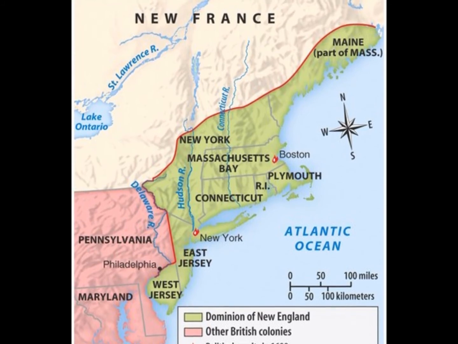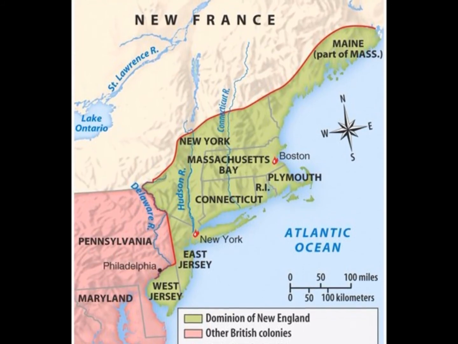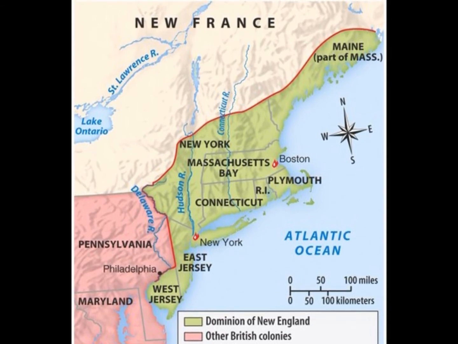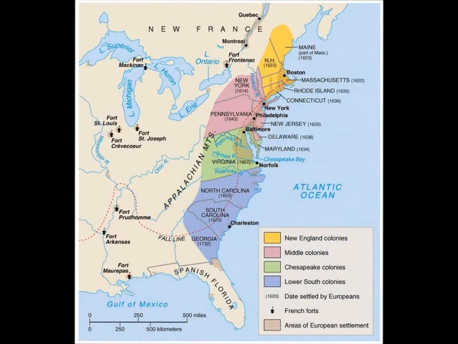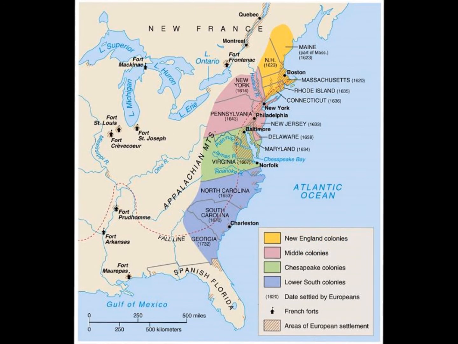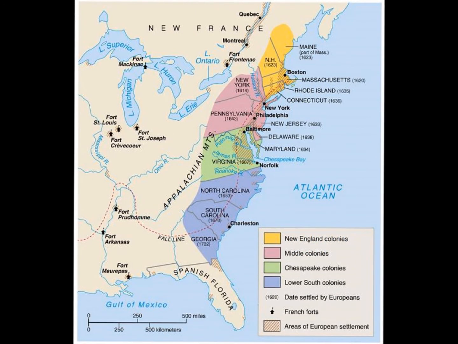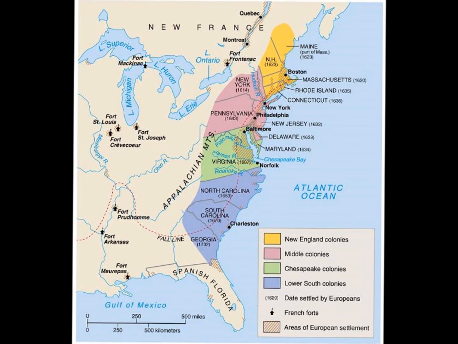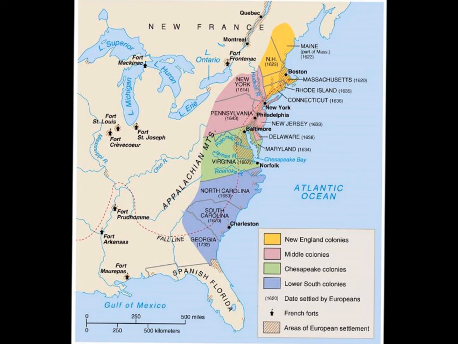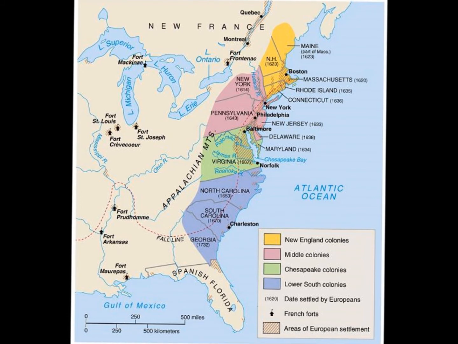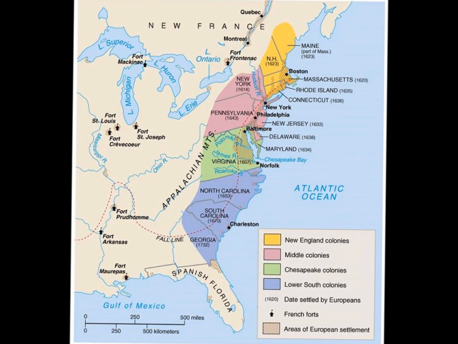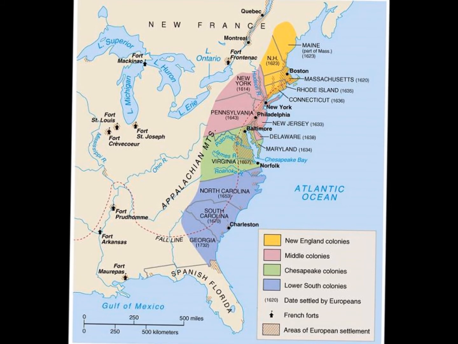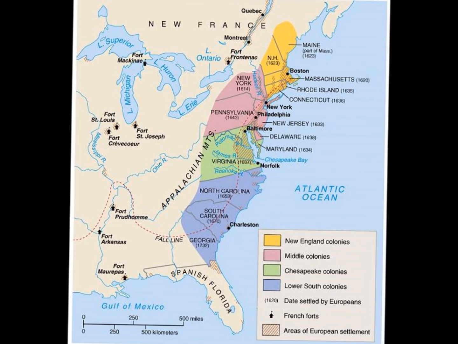Now, I know your textbook covers a lot of this. I'm going to let it handle it as far as how the colonists got out of this issue. They were very lucky. So you can read about the Glorious Revolution and how that saved the colonists from the Dominion. Now, just because the idea of the Dominion of New England was dropped does not necessarily mean that the idea of colonialism and mercantilism was dropped. Instead, you're going to read in the textbook that the English government's going to finally get around to the problem of its colonies. They're going to reorganize, and in 1696 try to do some things to make sure those navigation